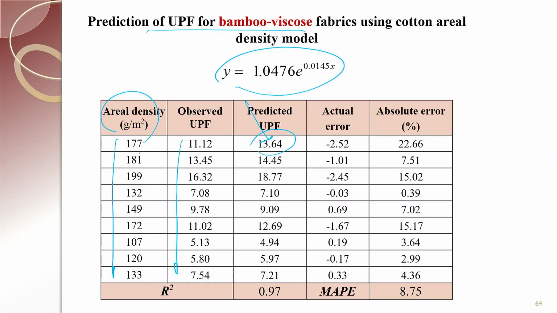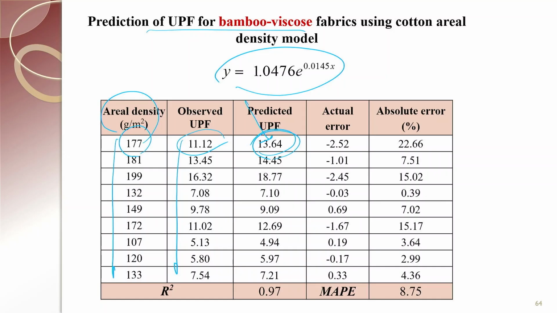So, for 177 grams per square meter, by testing we observed 11.12, but using the cotton areal density model, it is predicting